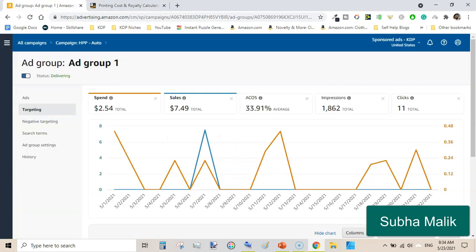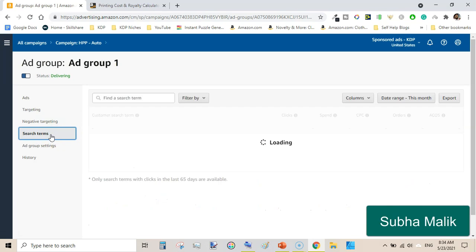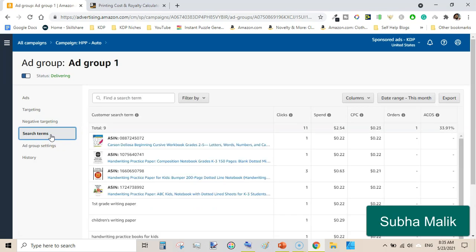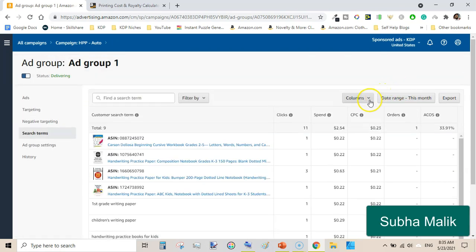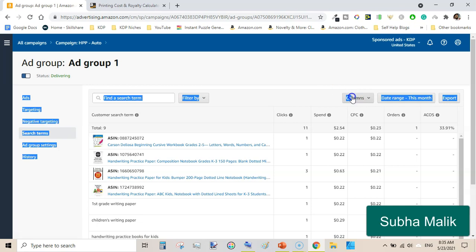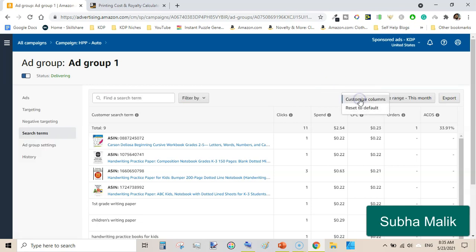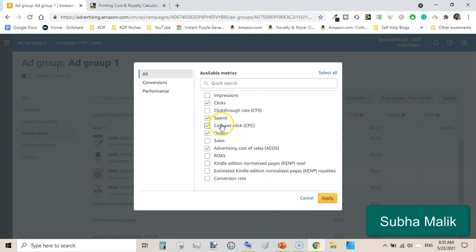The next tip is, just go to your search terms here, and here you will see the different keywords. Just go to columns, and if you are not seeing any column, select columns again, and you can check clicks, impressions, things like that.